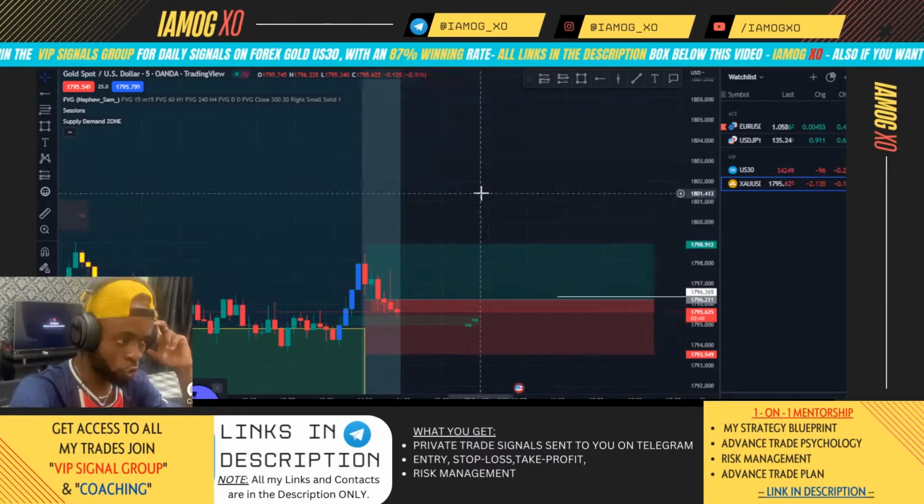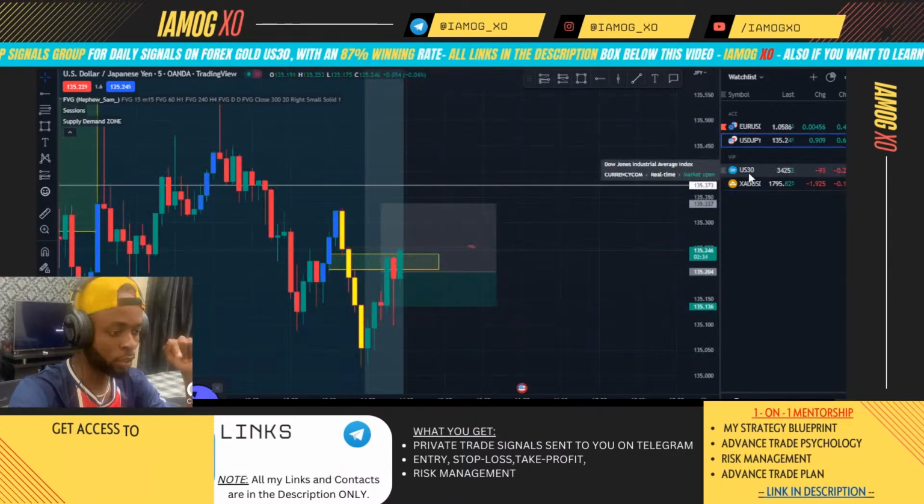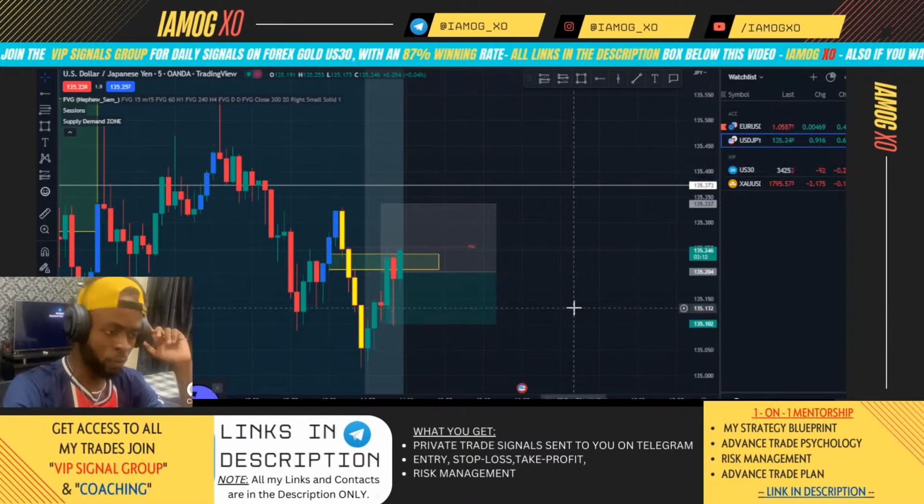So this is a trade on gold, so I would not suggest you guys use too much risk on this trade. I would suggest 1% maximum risk. And I was talking about looking at US30. As you can see, guys, this trade hits our break even. Except you're a little bit stubborn and you don't want to move your stop loss to break even, then you should be in a drawdown by now, which I usually don't like. I usually like to move my stop loss to break even at 0.5 or 0.75. As you can see, price went for like 0.77 on this trade.